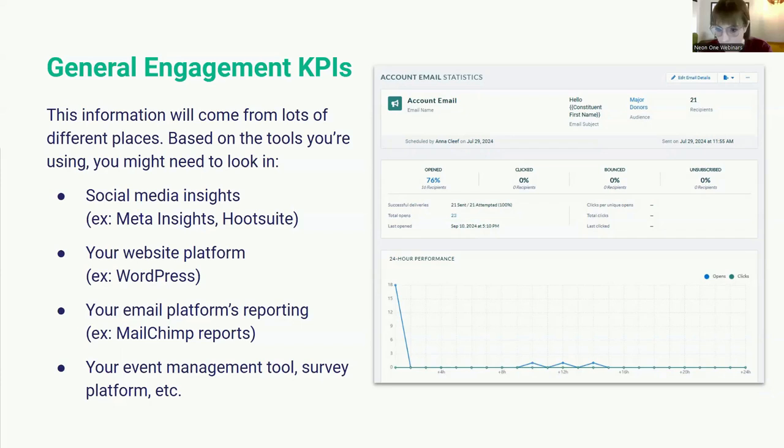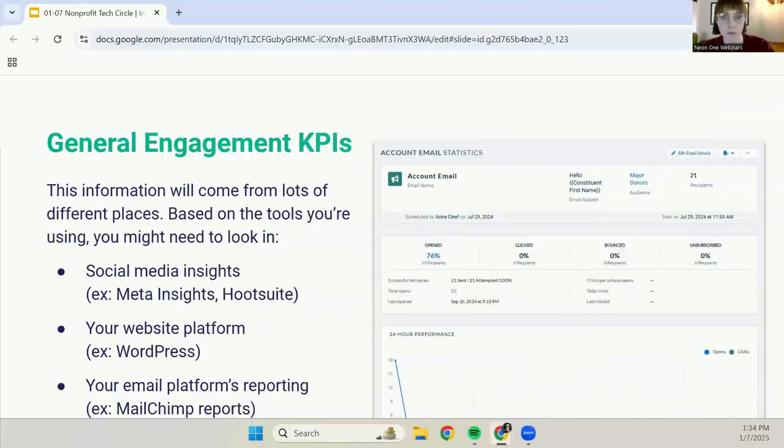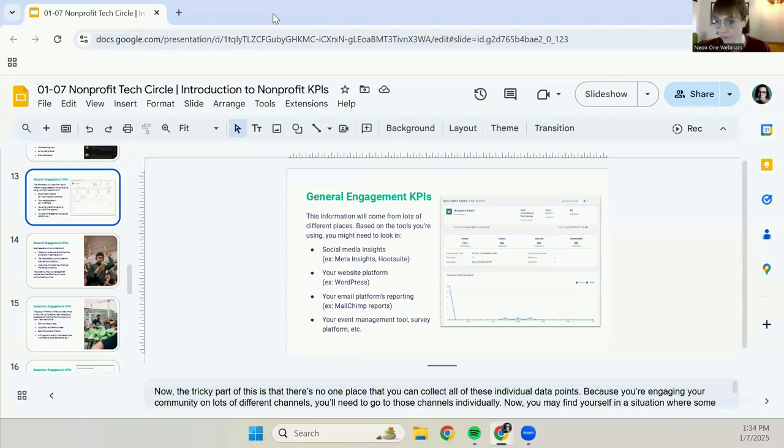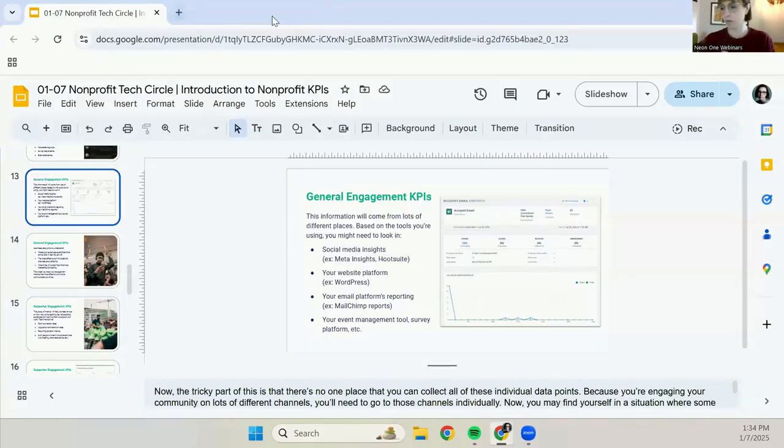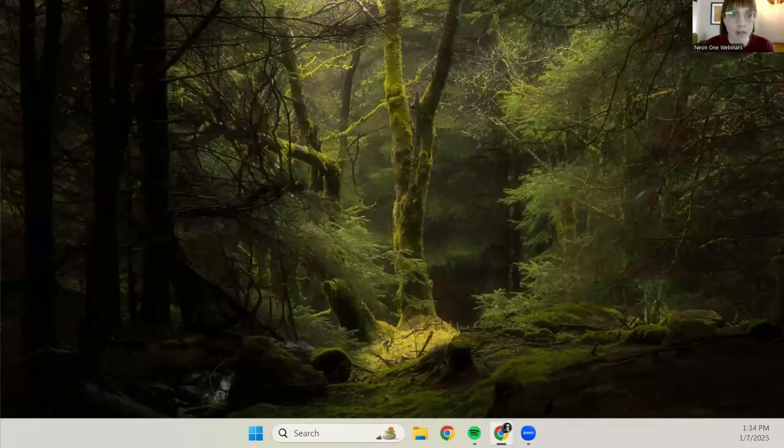Okay, I've got a couple questions. How do we get info to attend the Neon Q&A session you mentioned? I will let you know. I am going to break one of my cardinal rules and navigate away from Zoom. We are going to go to, you know what? I'm going to move this over here because I don't know if y'all can see it, and I don't want you to look at my speaker notes. I'll get you that information right now. That should also be in your follow-up email.